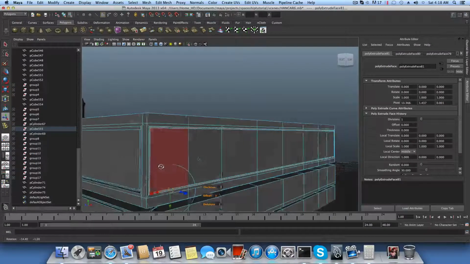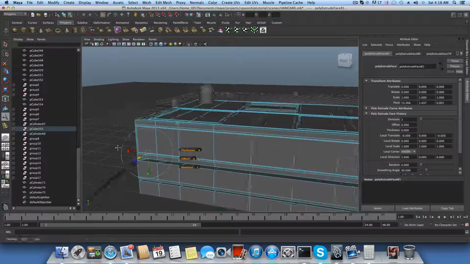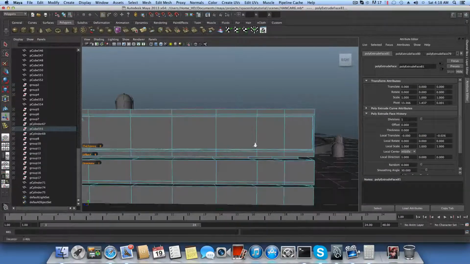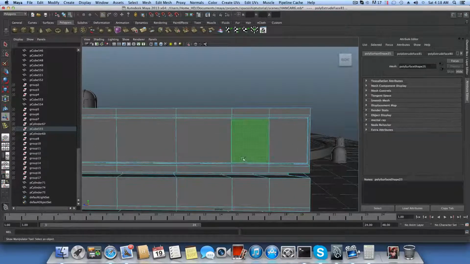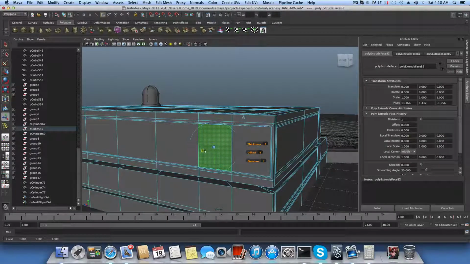Okay, just like so. And maybe grab this face over here, extrude it like so, extrude it once more inside, and